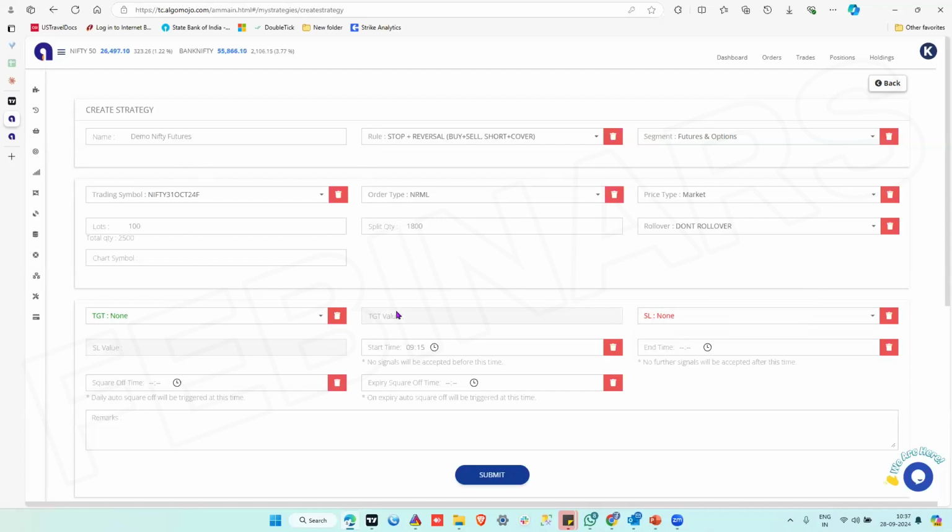So apart from these updations, there are certain default values like the start time, which is always 9:15. Square off time, expiry square off time, and end time are the other things that can be left blank if you don't want any changes. End time is, say, if you don't want any trades to be taken which are generated after say 3 o'clock or 3:15, you can mention that end time for signal to